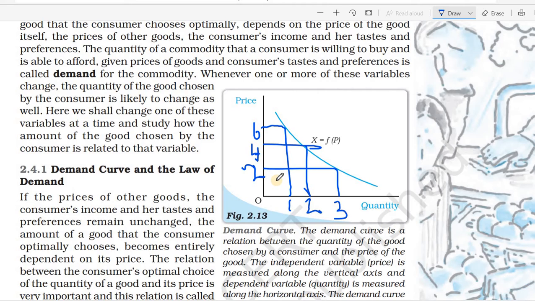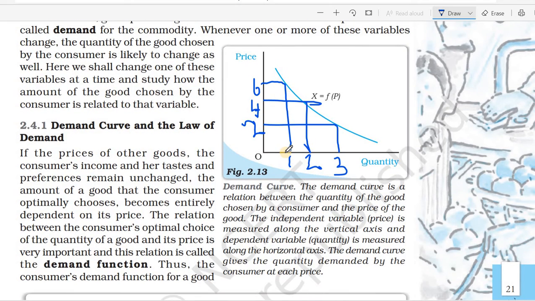We are also like that only. If we are going for shop, if price is more, we will demand less quantity. That reason we are calling consumer as a rational person. Then when the price is 4, that time quantity demand is 2. When the price is 2, that time the quantity demand is 3.